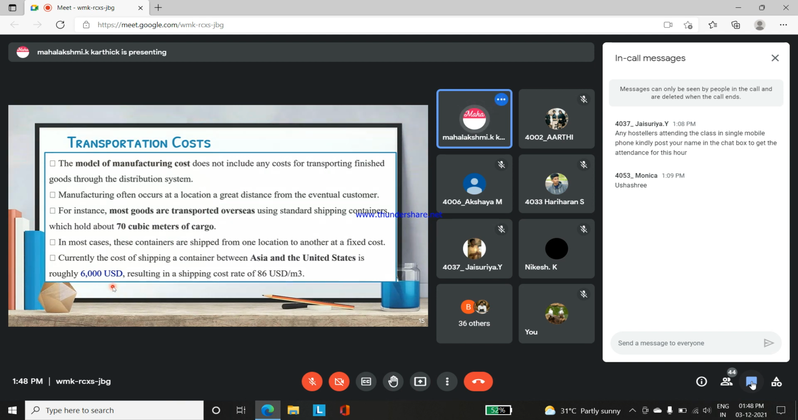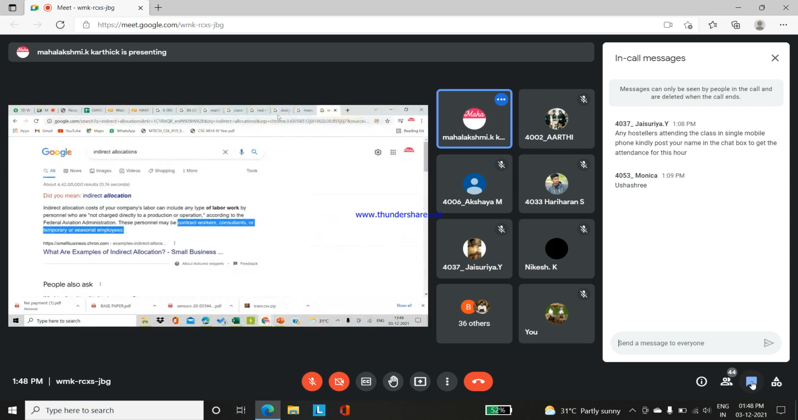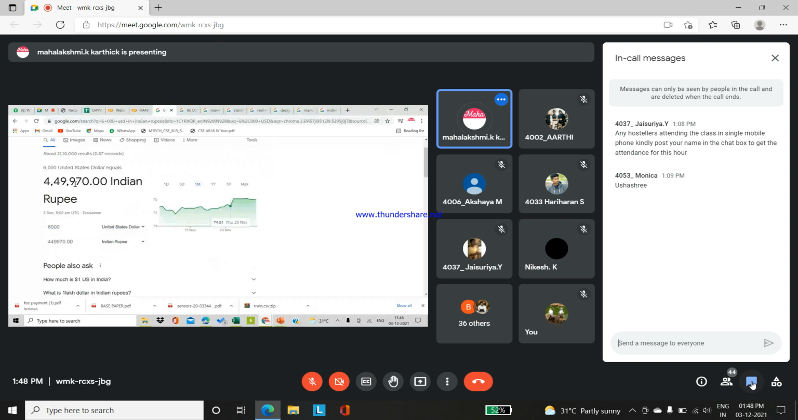What is USD? United States Dollars. In Indian money, how much is it, can anyone tell? It's around 4 lakhs, right? Yes, 4,49,970. So if you want to transport your goods from Asia to United States,